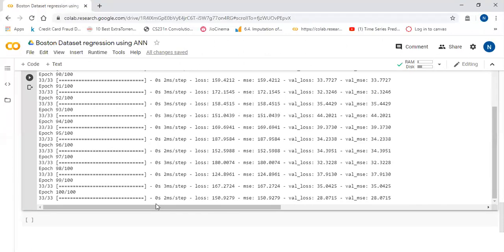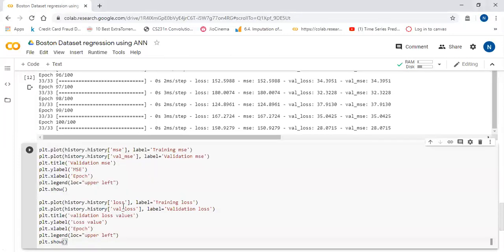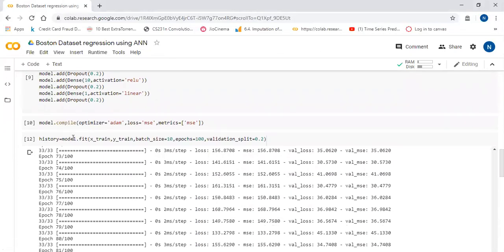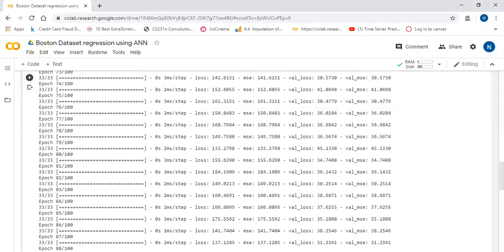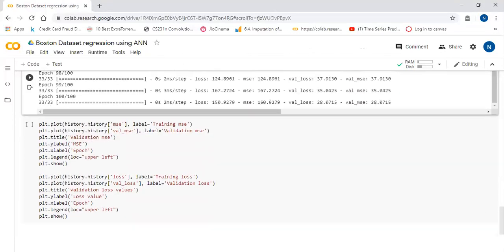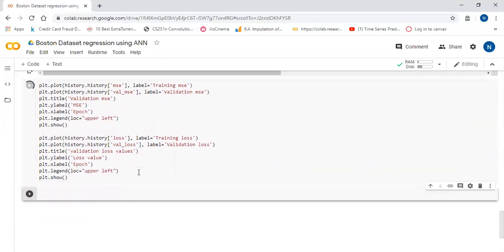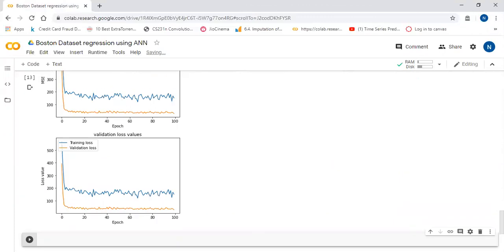So how are we going to make sure that our model is improving or not? I will show you graphically. I already coded the plot and pasted it over there. You remember, right? We have saved the output of model.fit to the history object. From that history object, we come to know how our model is performing, what the loss, validation loss, training loss are. I'm going to execute this. Now you can understand in a better way.